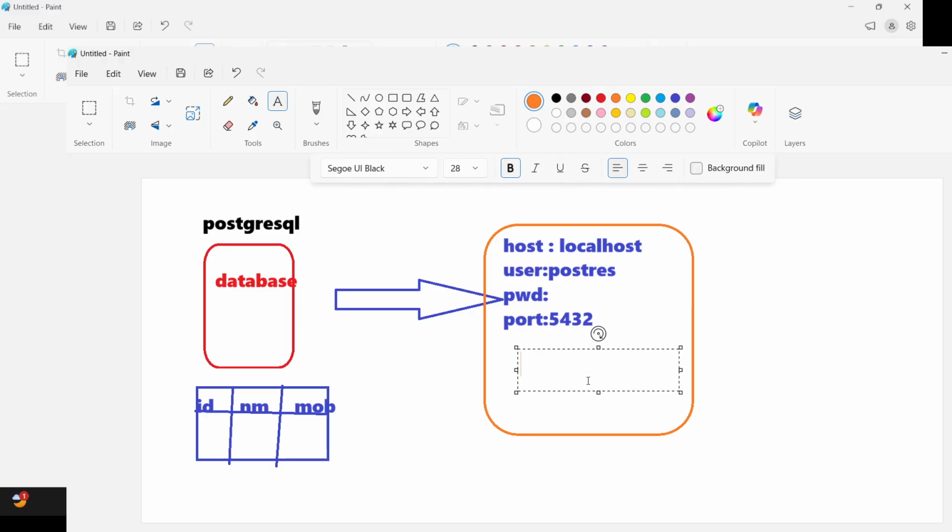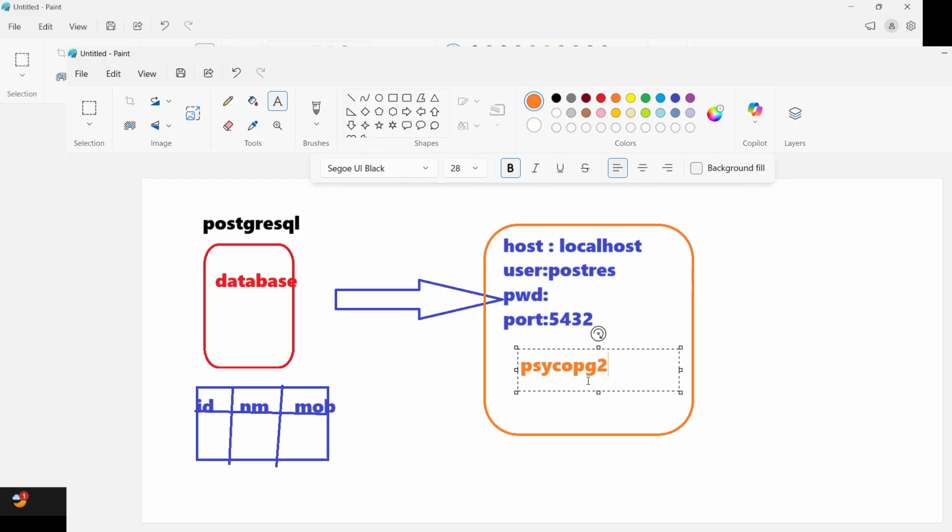Now we are using PostgreSQL, so there is a module named psycopg2. The name of the module is something different, but since they have given it this name, we also need to use the same name.